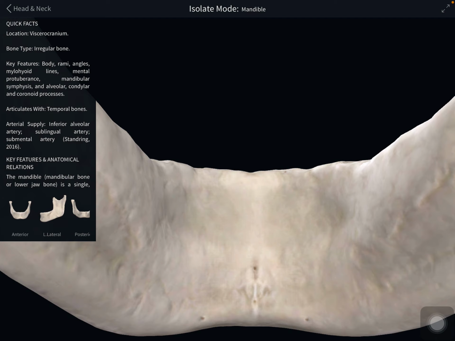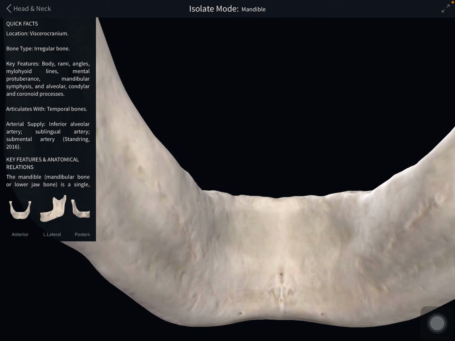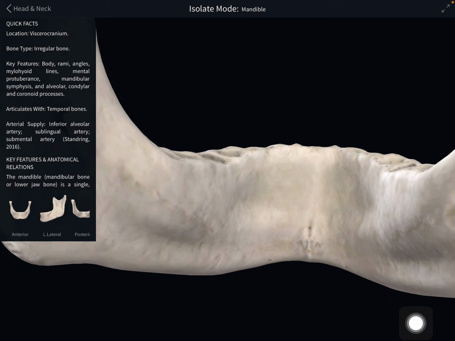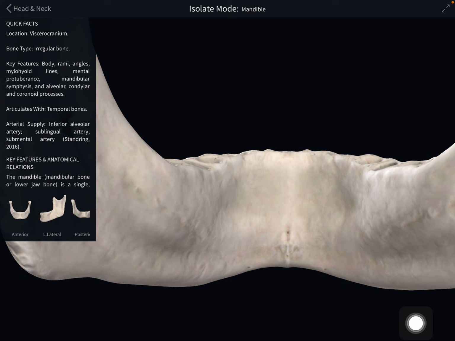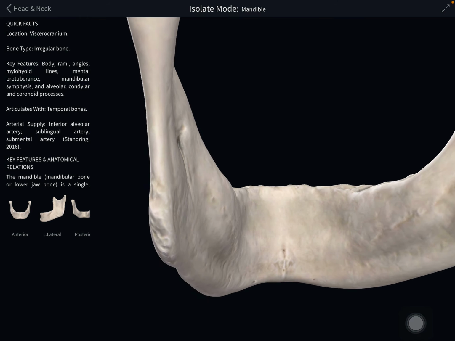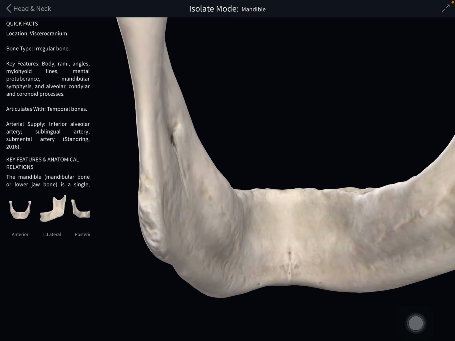Extending from the midline and originating inferior to the mental spines is a raised line. From the mental spines, you should observe a raised line on the inner surface of the body of the mandible. That line is the mylohyoid line, which runs posteriorly and superiorly along the inner surface of each side of the mandible, and ends just below the level of the last molar tooth.